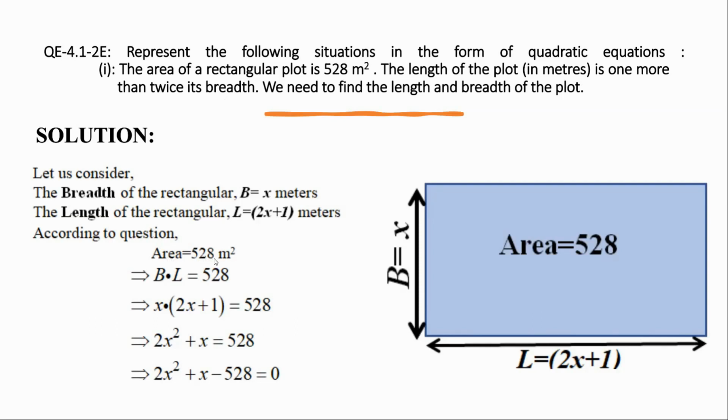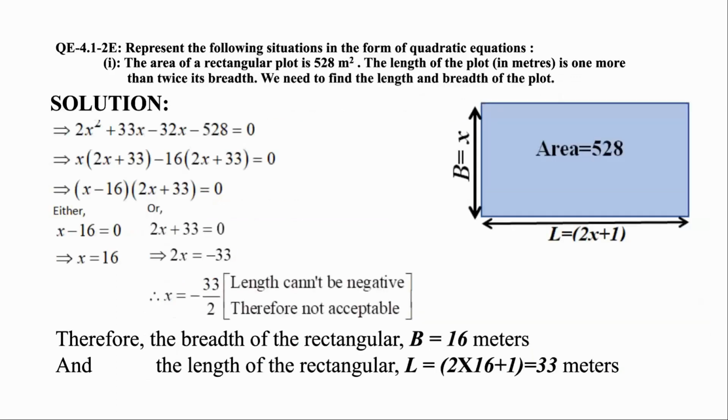So area equals, according to the question, and we know the area of a rectangular plot is breadth into length, equals 528, right? So we have just multiplied it. The expression is twice x square plus x minus 528. From this condition we have got the quadratic equation, right? Now again, it is given in the question that we need to find the length and breadth of the plot. So if we simplify it,